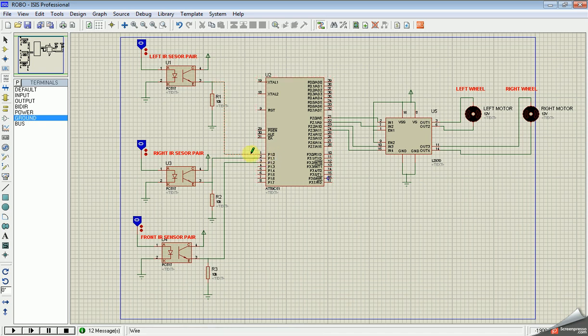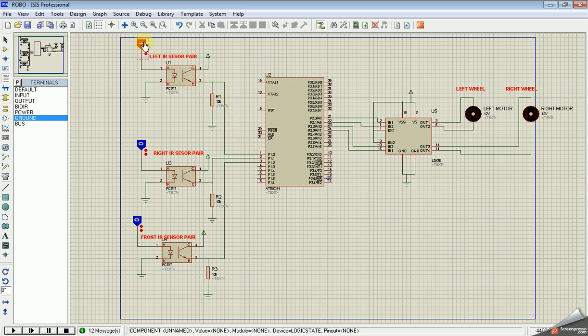One single GPIO pin is enough to connect a single sensor. To represent whenever there is an obstacle, I am just giving 0 or 1 here. Whenever there is light on the photodiode, the photodiode will switch on, which gives 1 to the microcontroller.